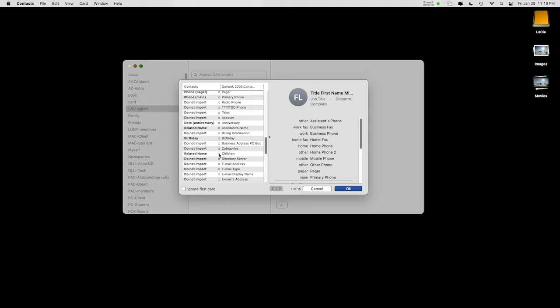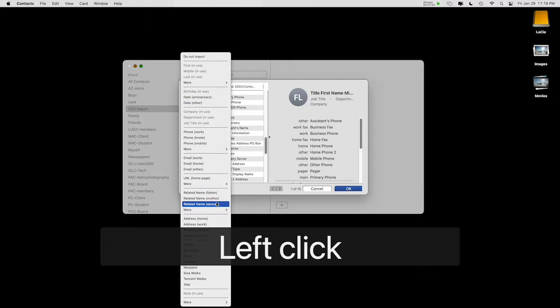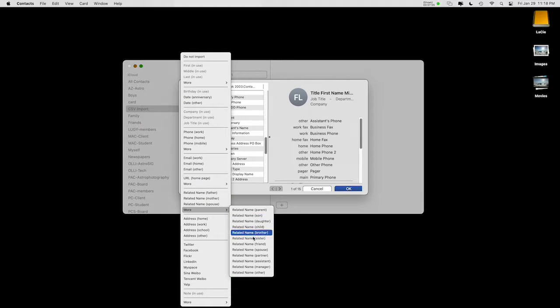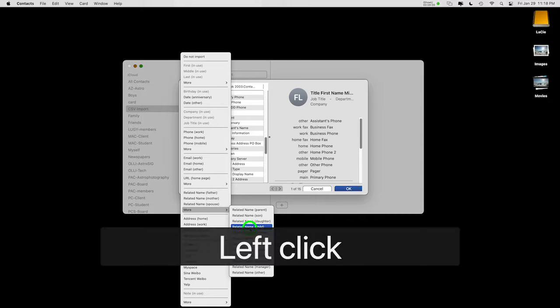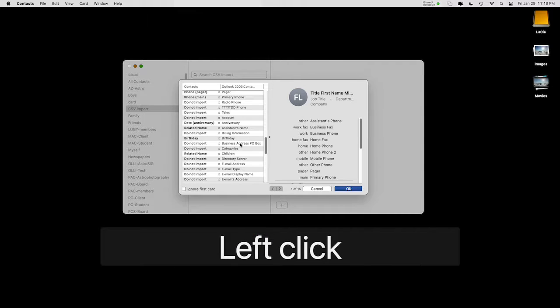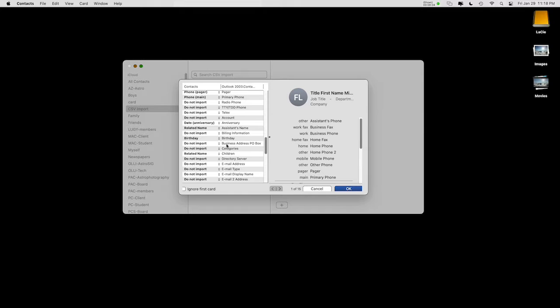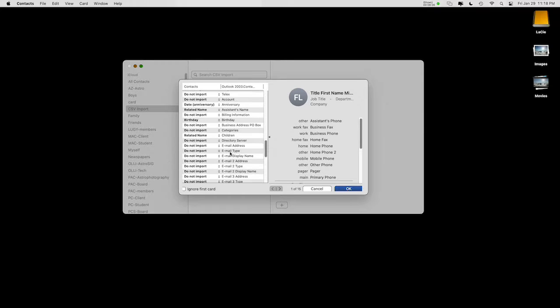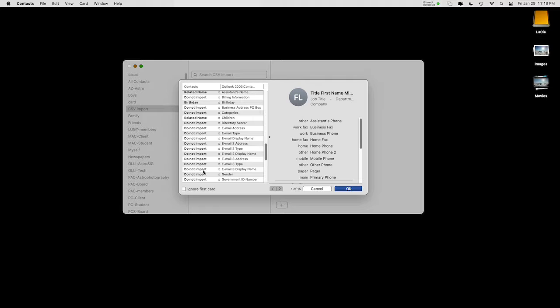Here's related name for children. So we do have a related name for children. So I'm going to come down here and pick on child. Now notice we have son, daughter, and then child. Well, we don't have a son and daughter in Cable One, so we'll just leave it at that. It's just a child. And a lot of other do not imports, display name and so forth,